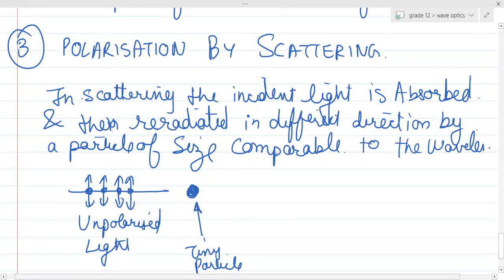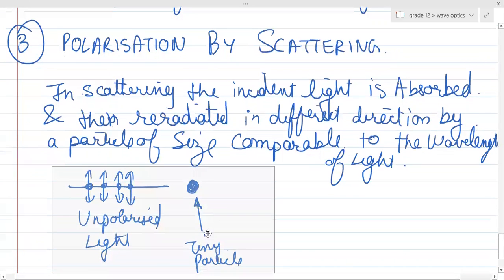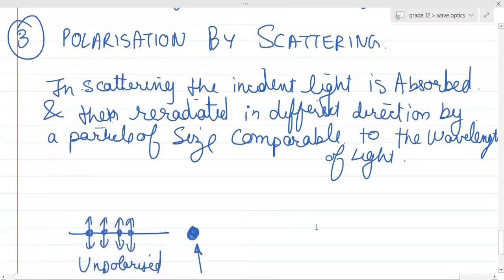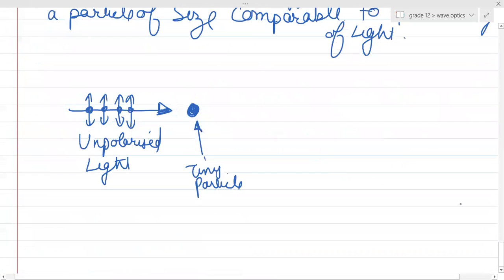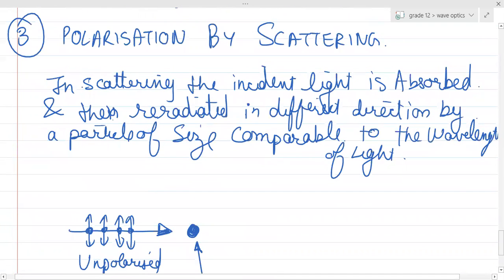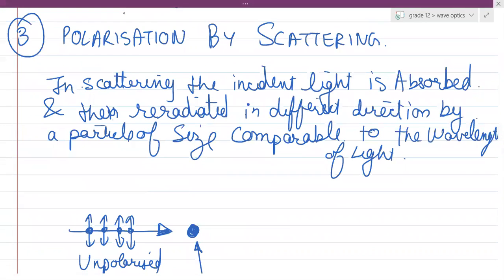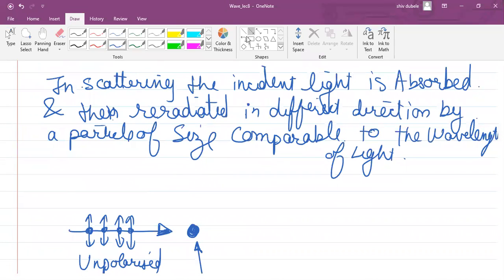So if you have a very tiny particle, then what will this tiny particle do? It will absorb this incident ray and then send this thing in certain directions, in different directions. So it was observed that when scattering is happening and polarization by scattering is happening, then